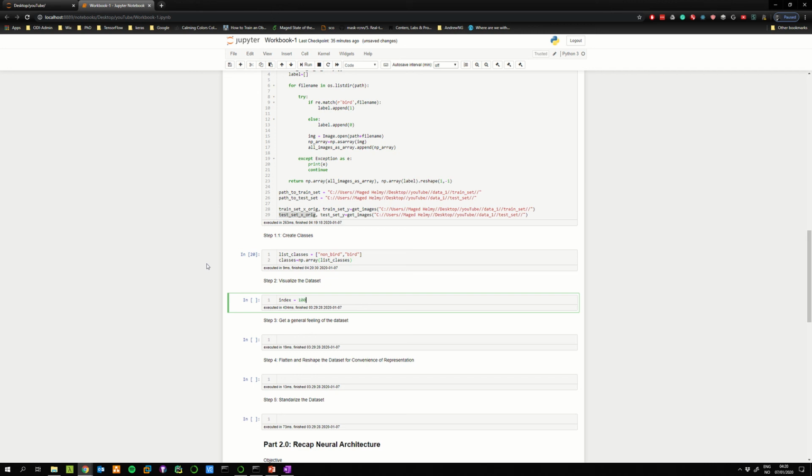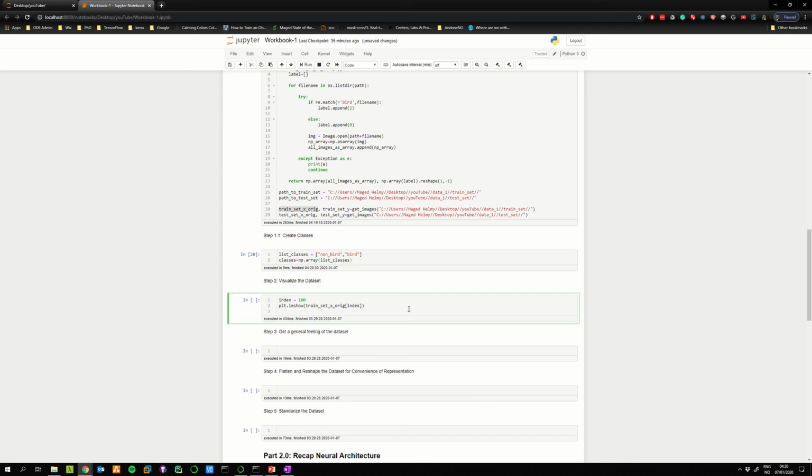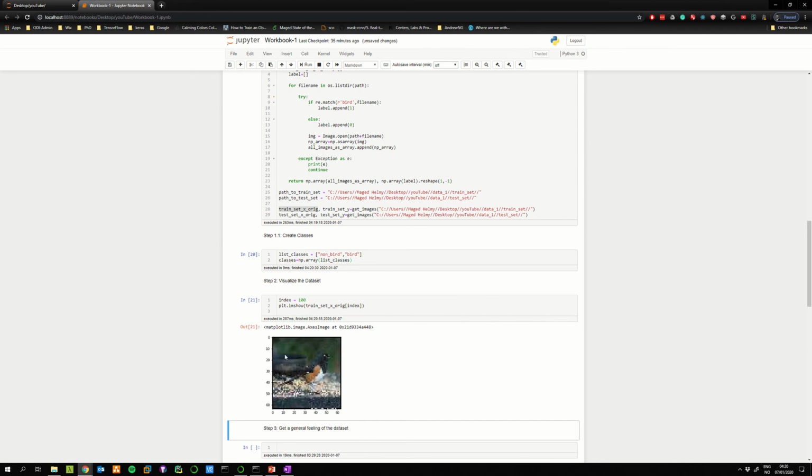Just think of a random number, 100, super random. I'm just going to plot it here. So from our train set, you just pass it the index. From our train set, show me image number 100. So there we see it's right there. If we change the number to 50, we get another image. We would also like to see, okay, what class does this belong to? So we can say